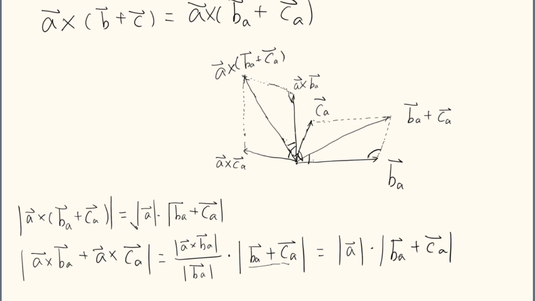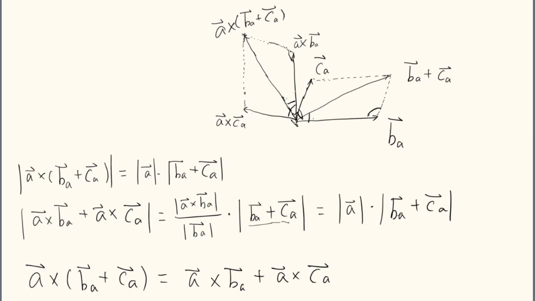So the length of this is this, and the length of the addition of these two vectors